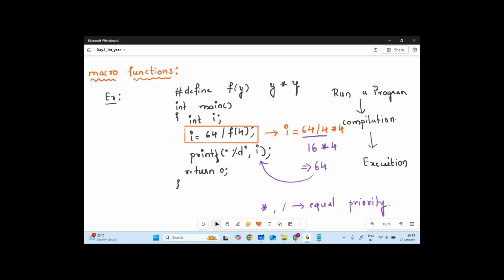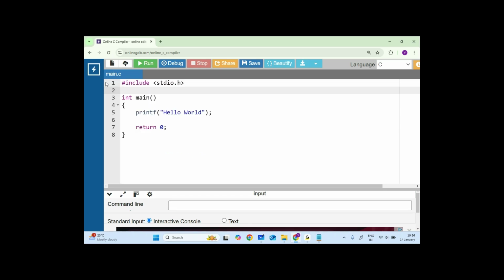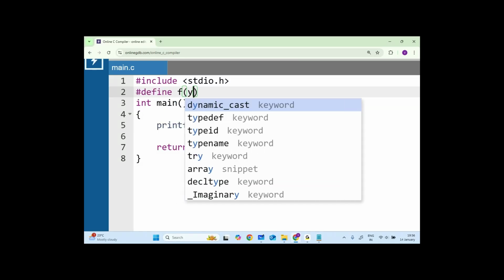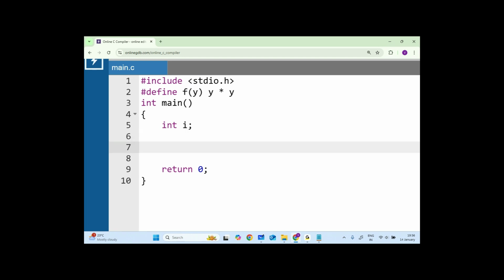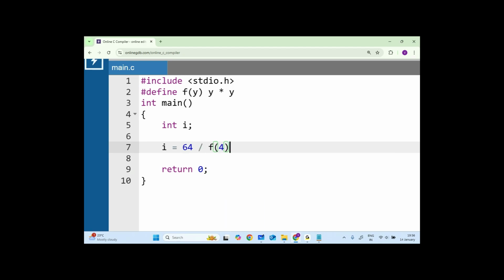So remember that during compile time, computations will not happen. Now I'll write down here #define followed by a macro function, which is nothing but y * y. Now I'll write the same code which I had written: i = 64 / f(4); then print the i value: printf("i = %d", i);